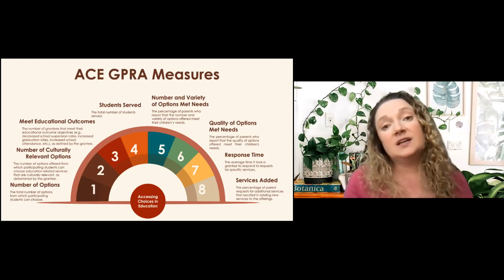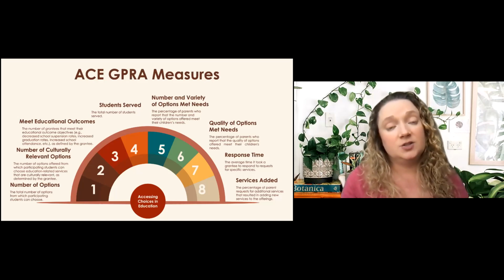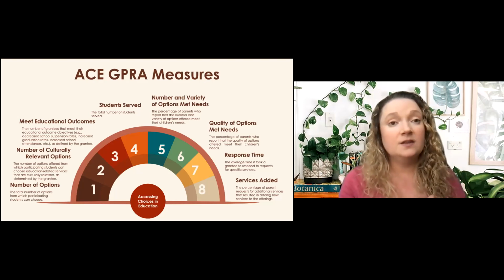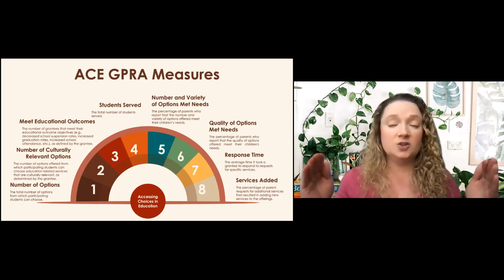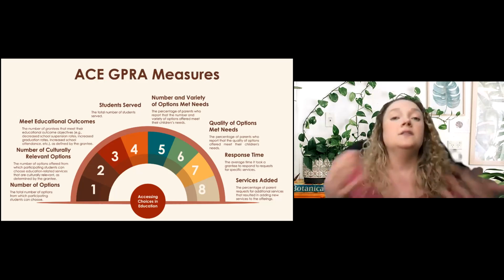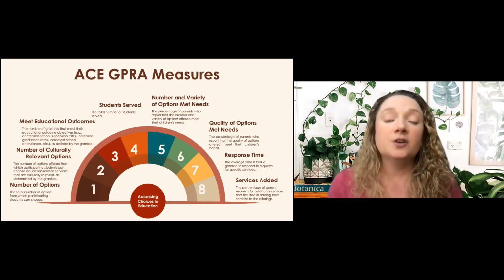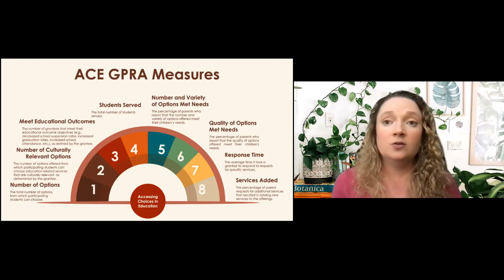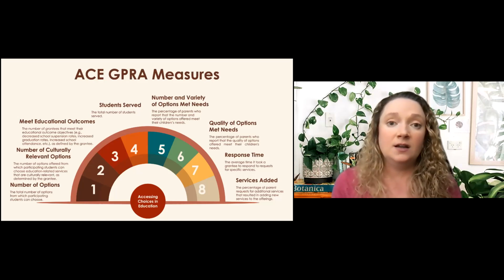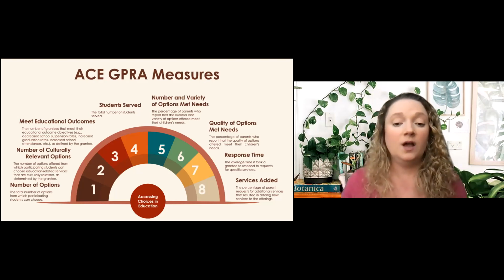You're only going to go with that 0 if you're not serving any students before the end of the first grant year. So by the end of September, if you're not serving kids because you're doing a full planning year, then that's going to be a 0. If you're going to start serving kids this summer or the beginning of next school year, then you're going to go with that 999.